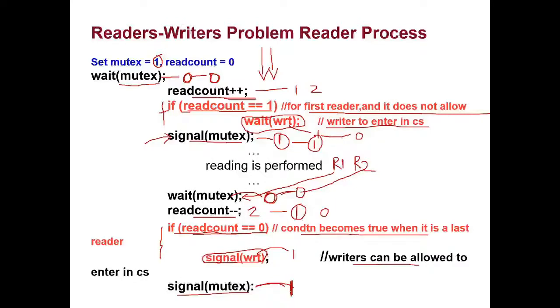So the mutual exclusion condition is met here: when a writer is in the critical section, readers are not allowed, and when readers are in the critical section, writers are not allowed. See, even if the writer tries to enter into the critical section, it gets stuck there. Unless the value changes, the writers cannot enter into the critical section. So we have finished the reader-writer problem.